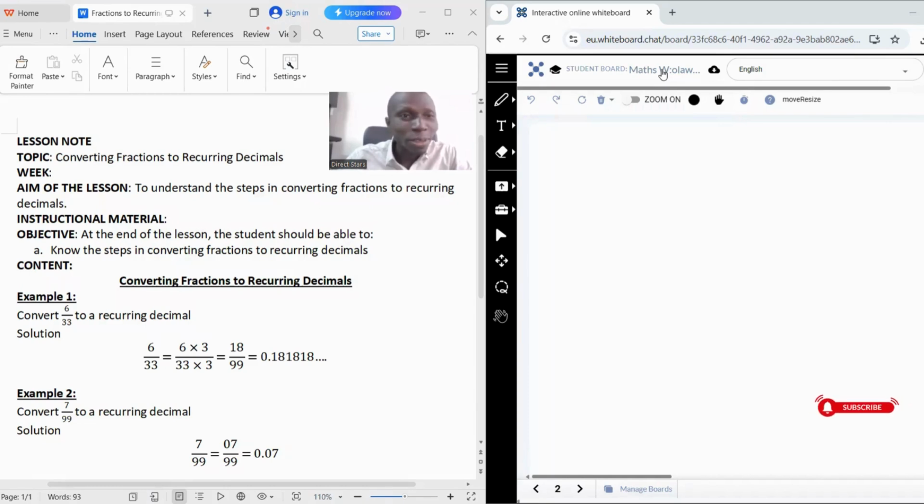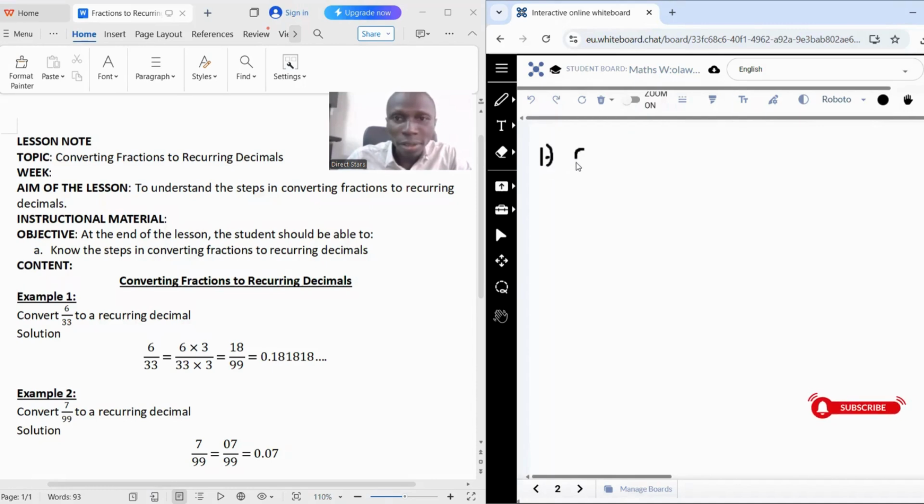In our mathematics class today, we're looking at converting fractions to recurring decimals. The aim of the lesson is to understand the steps in converting fractions to recurring decimals. At the end of the lesson, you'll be able to know the steps in converting fractions to a recurring decimal. Now, in our first example that we'll be looking at today,